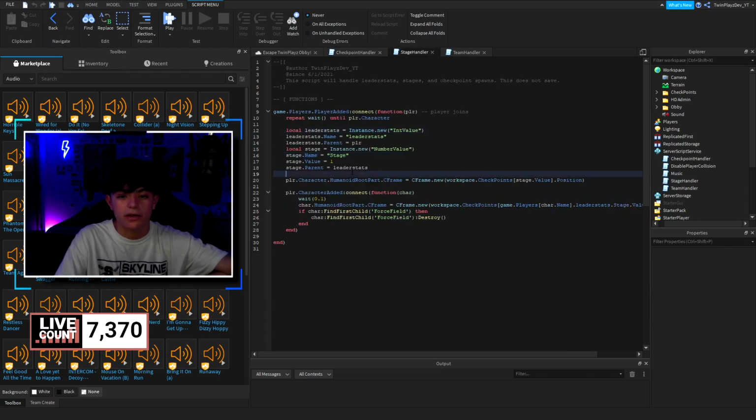So that's another way if you want to modify. But we're grabbing the character's humanoid frame equals C frame. Okay, so this is what I'm talking about. We're grabbing the player's humanoid. So when the player gets added, then we're doing